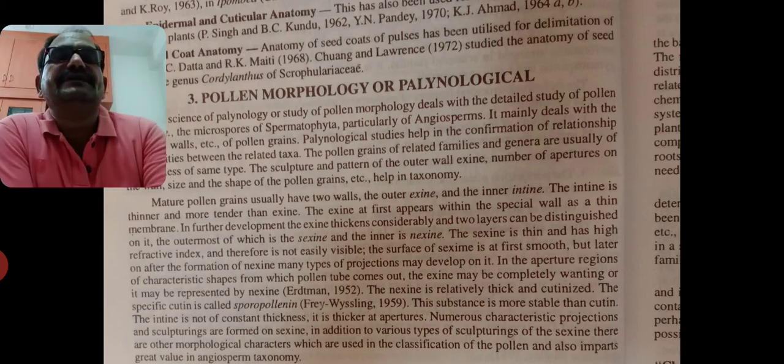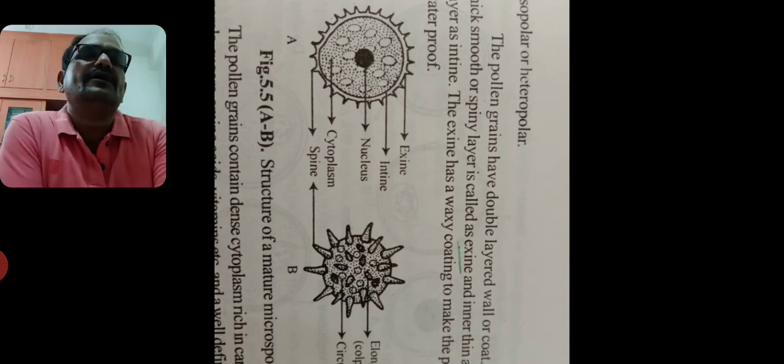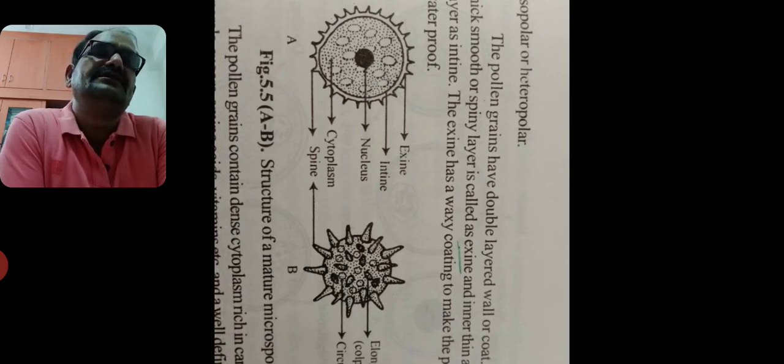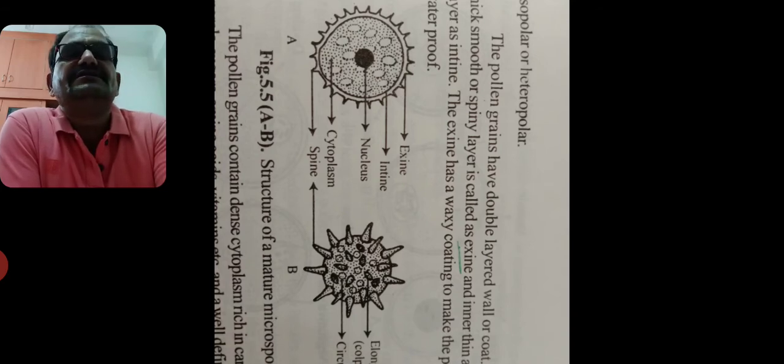Now what is meant by pollen grain? Listen here. This is the pollen grain, which may be a rounded oval structure. It has two layers, outer layer and inner layer. Outer layer is known as exine, inner layer is known as intine. There are also spines, pores, nucleus, cytoplasm and so on. It is also known as a microspore. Sometimes the outer wall exine is thick and the inner layer intine is thin. The outer layer may be smooth, and the inner layer is thin. But in this diagram the outer layer looks spiny,